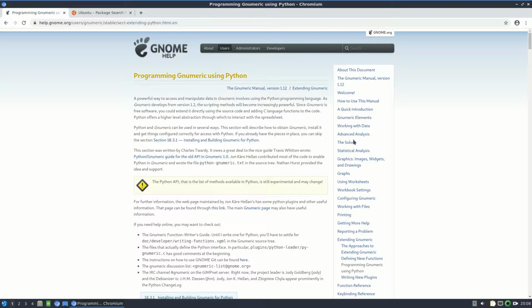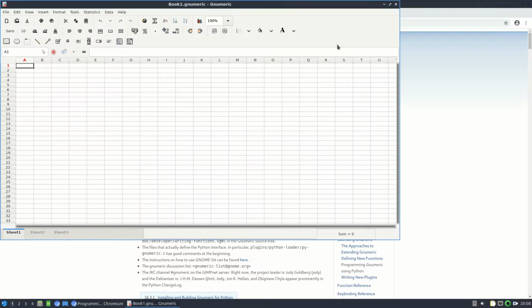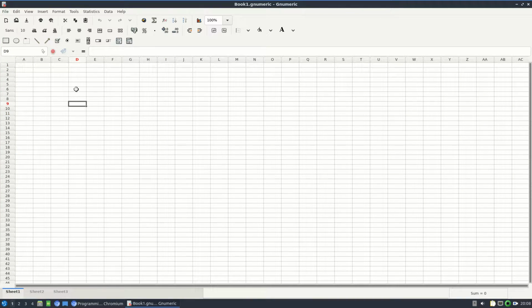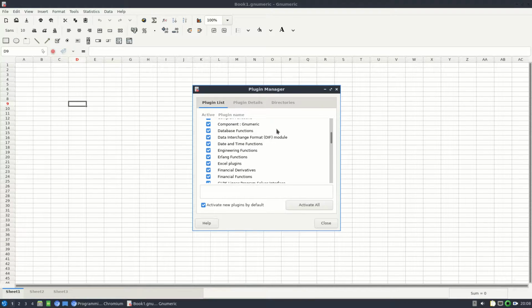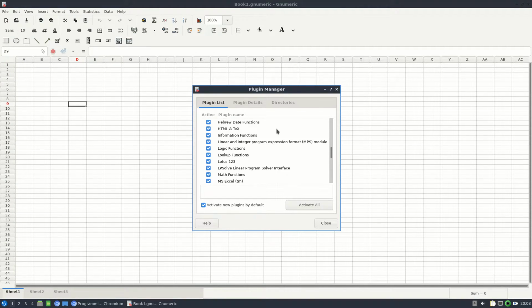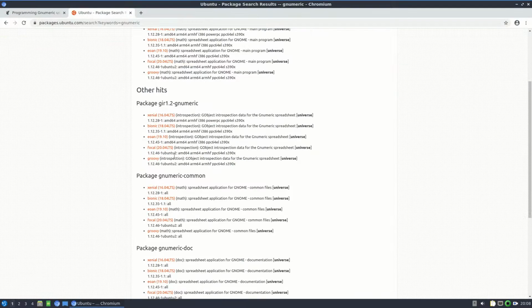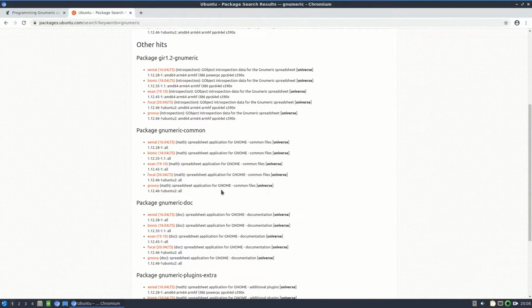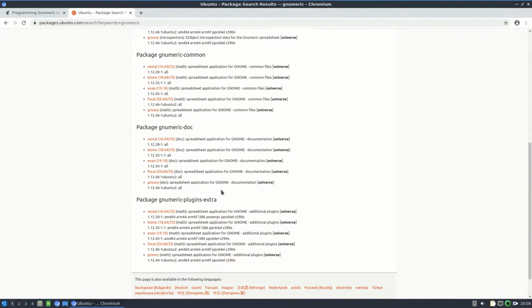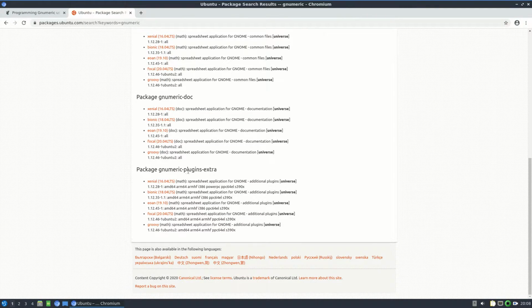First thing I want to show you is, once you have Gnumeric open, you want to go to Tools and then Plugins, and then you're going to scroll through this. Now what you're not going to see here is a plugin for Python, and that's what you need in order to use Python within Gnumeric. In order to do that, let me exit out of Gnumeric. You're actually going to have to install another package than what you normally install when you install Gnumeric, and this is the Gnumeric Plugins Extra. So I'm going to copy this,